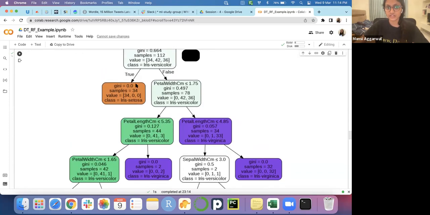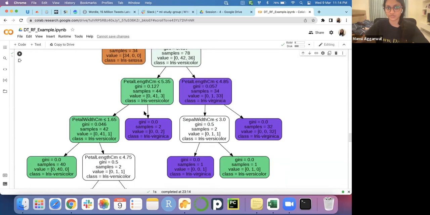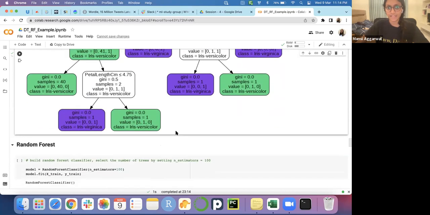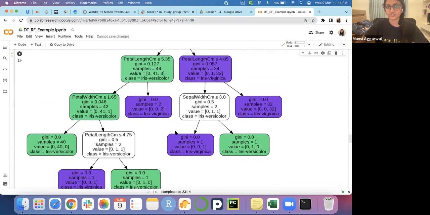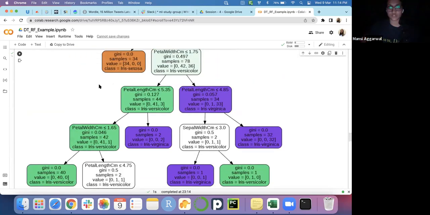So it is just creating subnodes. This is an end node for this particular branch. This branch has various subtrees, and this is how a decision tree actually looks. So this is just a visualization of how